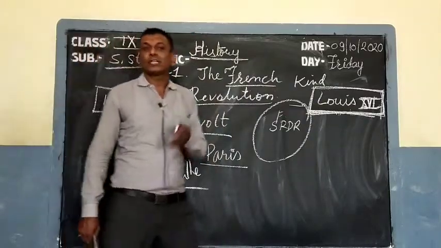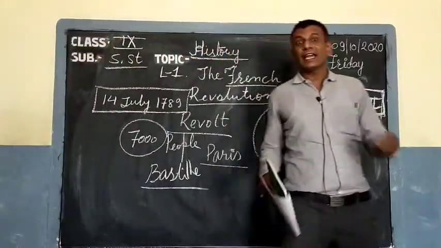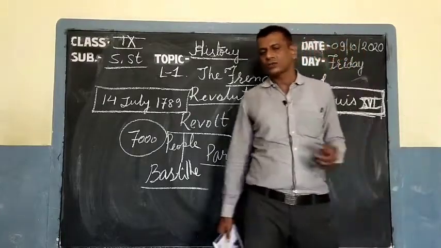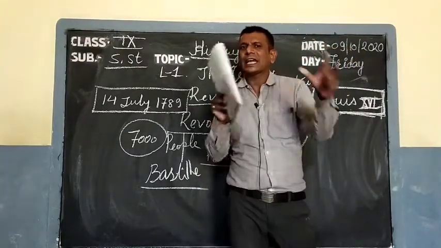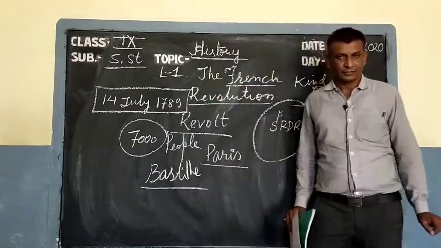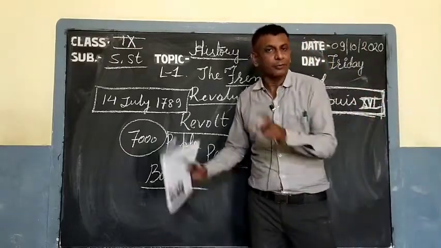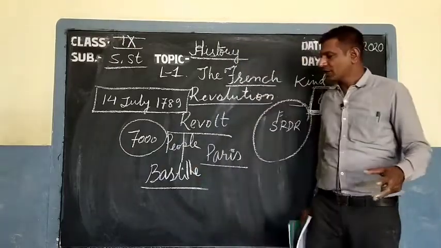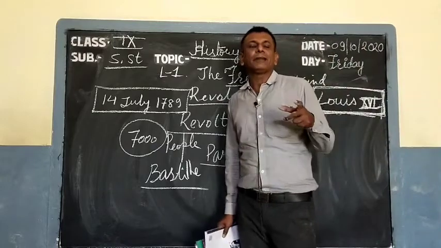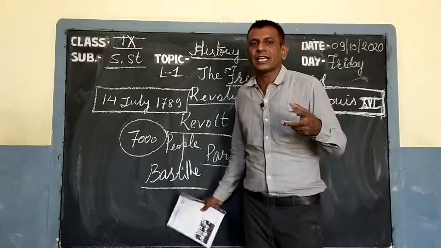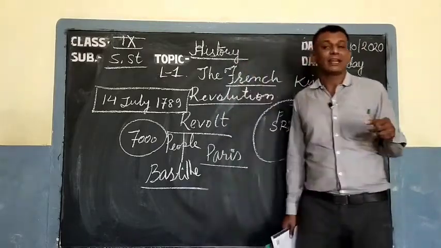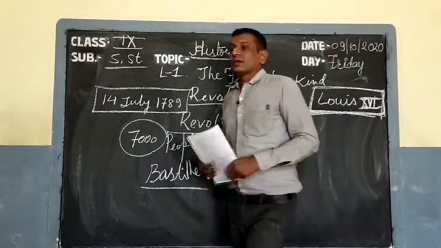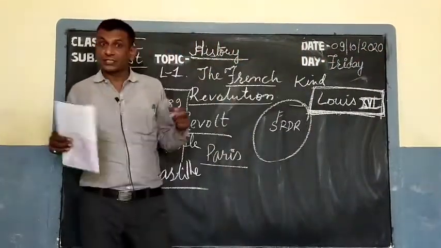In that fort there was a jail also. So the people attacked the Bastille fort, and they freed prisoners from this jail, and they destroyed